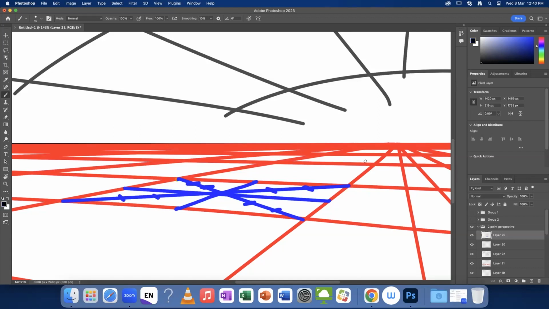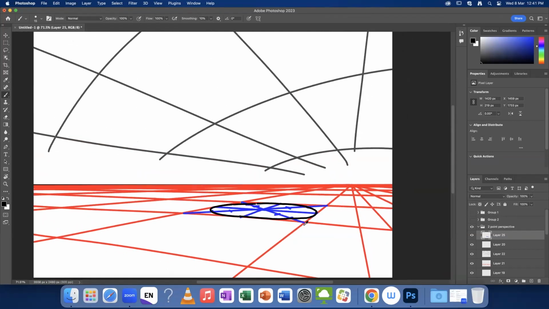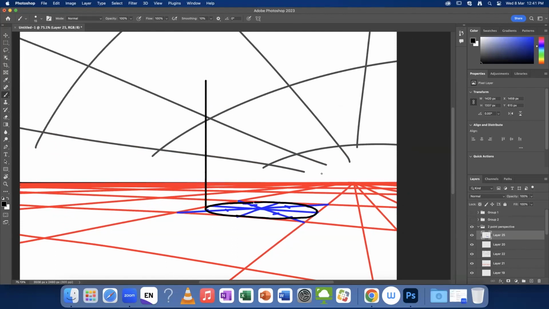And now if I use a new color, I want to connect those shapes, hitting those corners and hitting the flats of that side. And now I have got a fairly reasonable ellipse in perspective, following my grid. And that's what our goal was. And from there, you can draw up from the sides. You can draw up from any point really